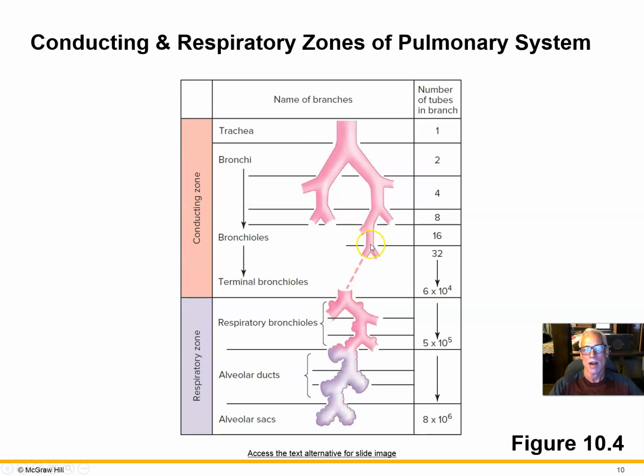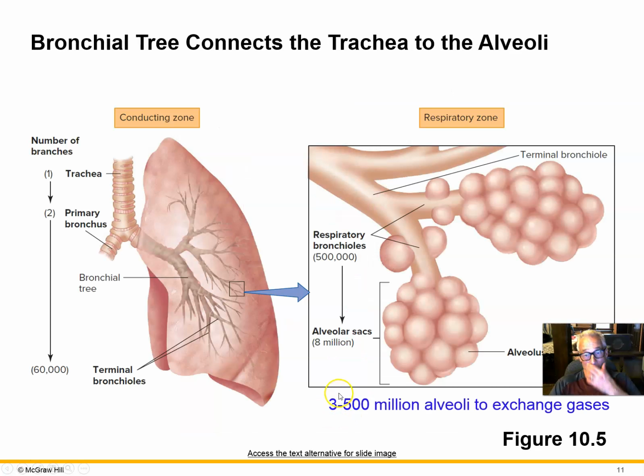The smallest bronchi are called bronchioles, and the respiratory bronchioles are ones that are so small they have alveoli, air sacs attached to them that can actually diffuse gases. And finally we get down into the area where there's just clusters of air sacs or alveoli. And here's a larger illustration of the air sacs. Here's a conducting bronchiole. Here's a respiratory bronchiole because it has some alveoli attached to it. And here's a cluster of